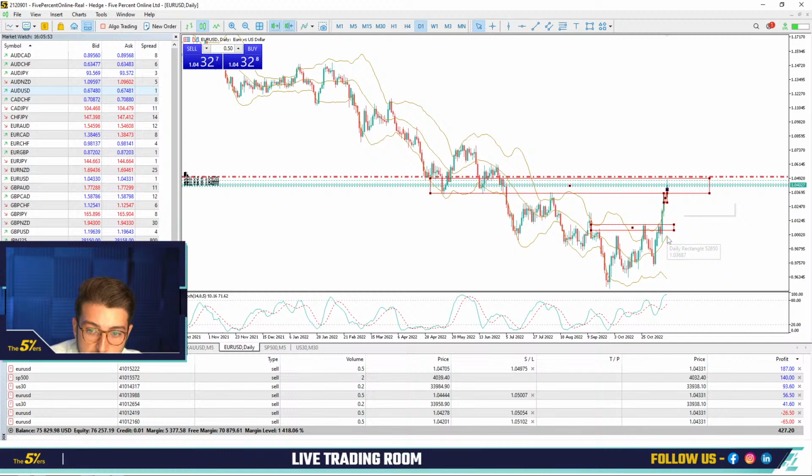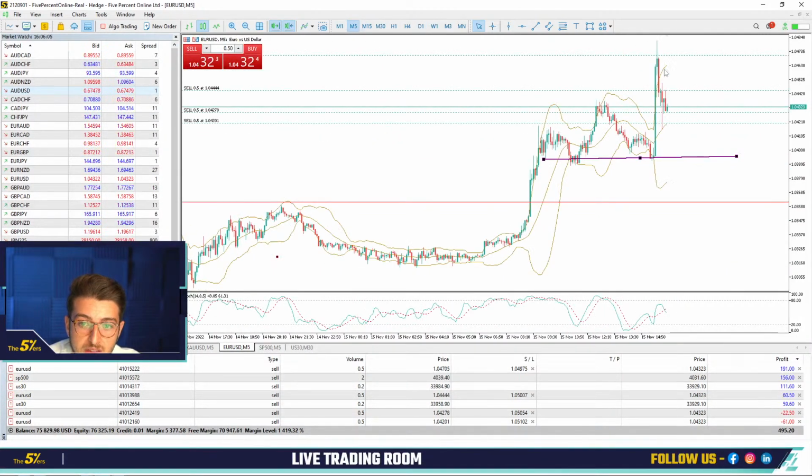Okay, so here on the daily chart, we see that the market is a bit overextended, that we are a bit too far from the average. We see here on the daily chart, the average is around here. So we expect at some point the market to go back. We hope that it is not like here